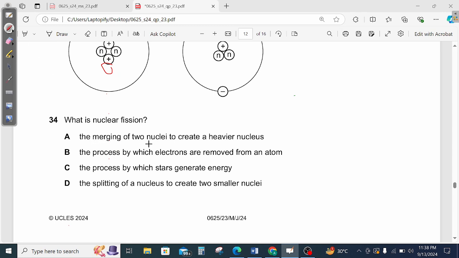The merging of 2 nuclei to create a heavier one. No. The process by which electrons are removed from the atom. No, this process is called ionization. The process by which stars generate energy. No, this is related to nuclear fusion reaction. Okay, the splitting of nucleus to create two smaller ones. Yes, this is your right answer. Okay, next is,